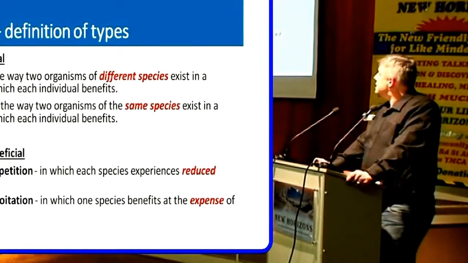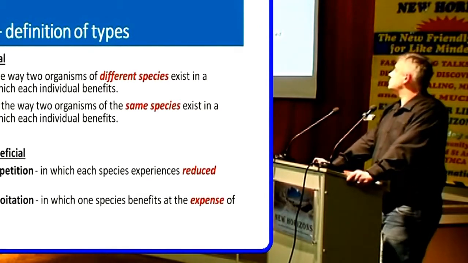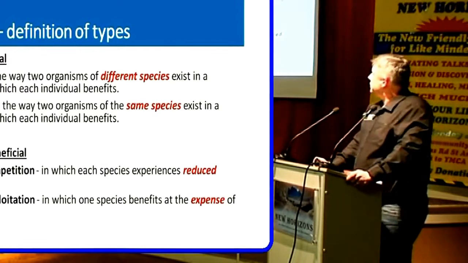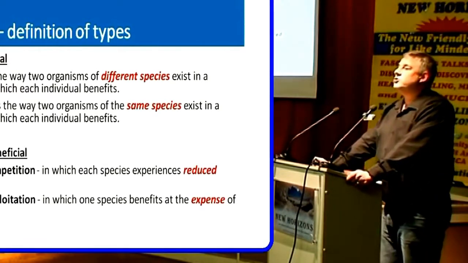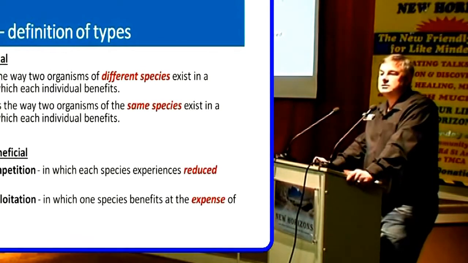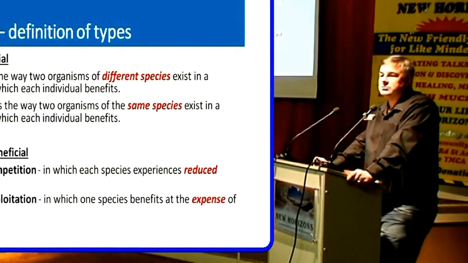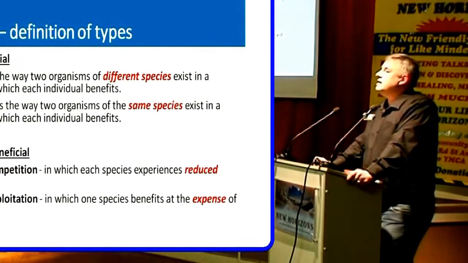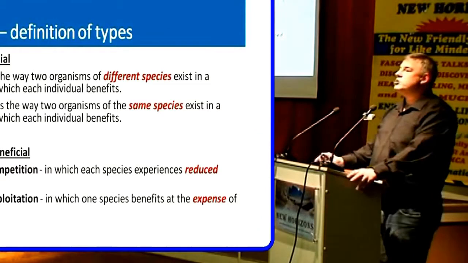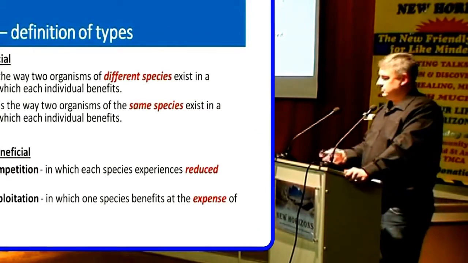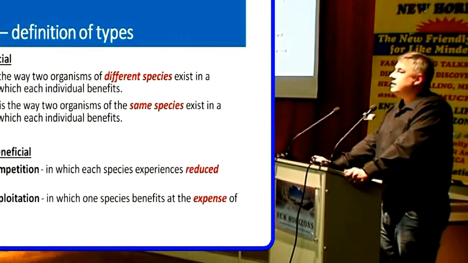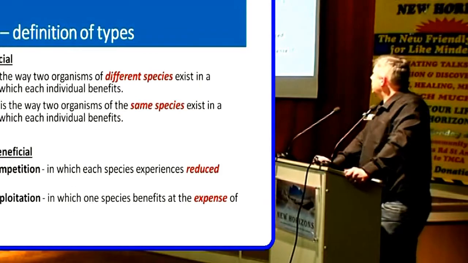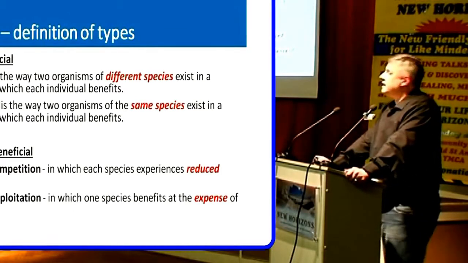Now for the bad ones. Interspecific competition. So this is a relationship in which each species experiences reduced fitness. So this might be where you've got a tiger, sees an elephant, and goes, I'm hungry, I'm going to need to have that thing, and it attacks the elephant, and the elephant gets lacerated, and in defending itself, it crushes the tiger, and they both limp off, thinking that they'll not do that again next time. And then finally, we've got something called parasitism, or exploitation, in which one species benefits at the expense of the other.